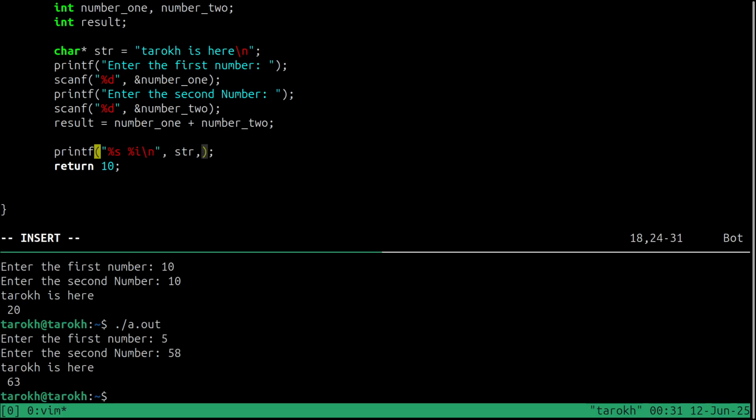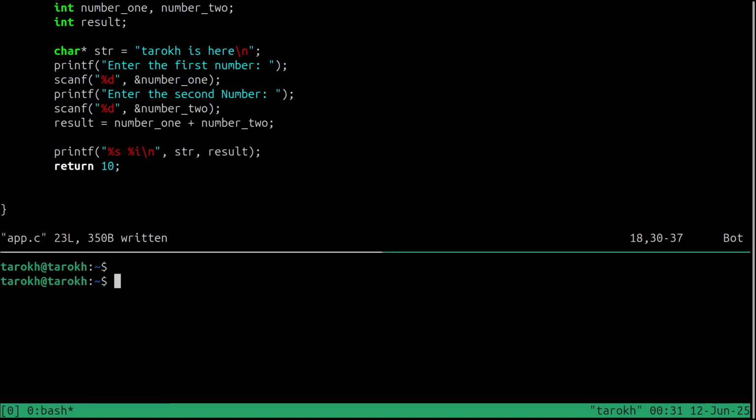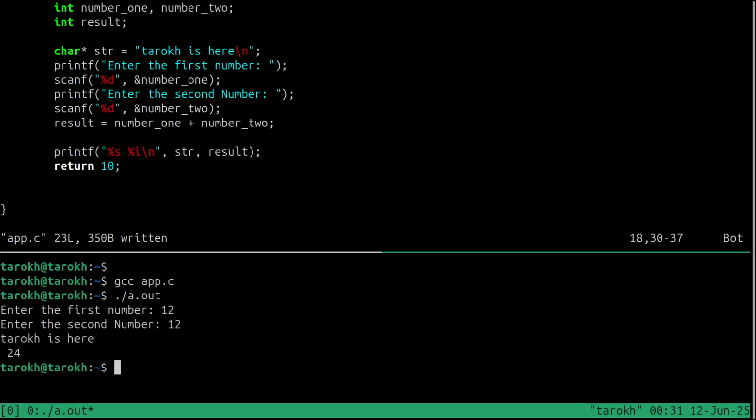And then I can print just result. And that's it. In this video, you learned how to use scanf in C, and you see that you can take two inputs and